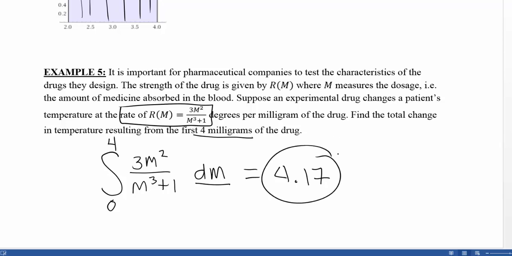We have to remember what it represents and how it pertains to this rate. But again, because we have this rate, we are able to talk about the original function, which is temperature, by finding the area under the curve. Let's look at one more problem where we can apply this idea of definite integrals to some word problems and